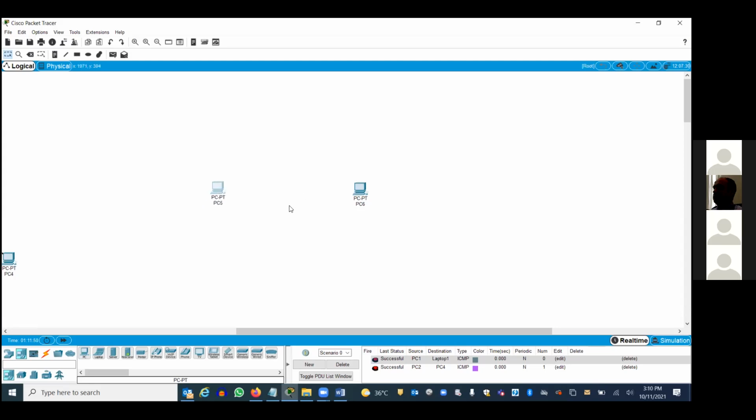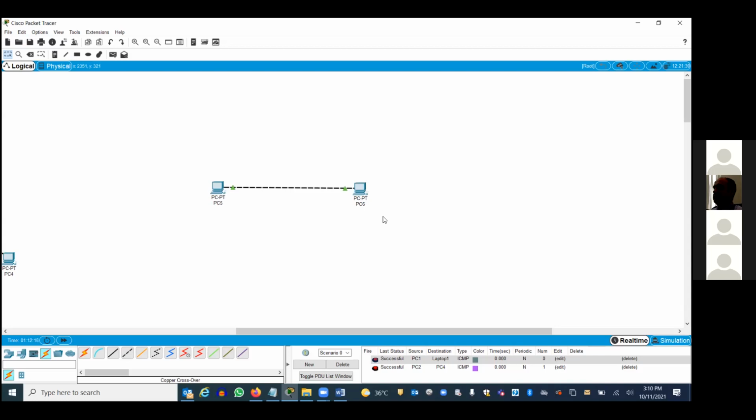Here, you have 2 PCs and I want them to communicate with each other. The person sitting at one PC needs to communicate with the other PC. So which cable should I use? I don't need a switch here because I don't have a switch. You need a cross cable, a crossover cable. So select this. Go to PC1, Fast Ethernet, and connect to the other PC. Now they are physically connected.